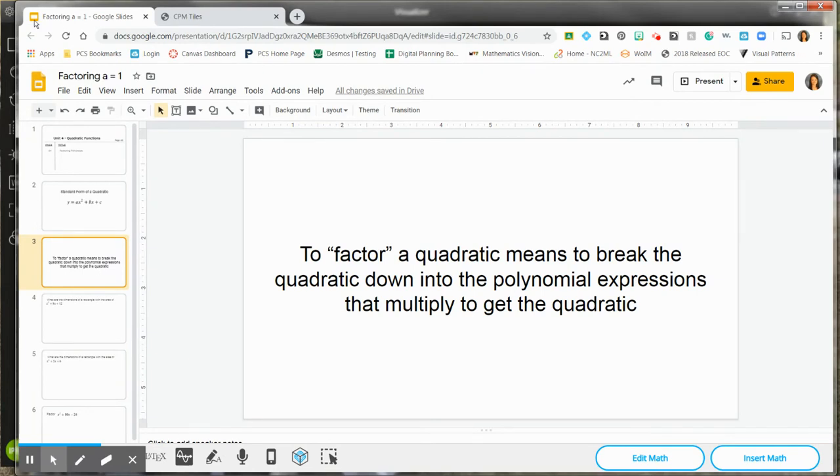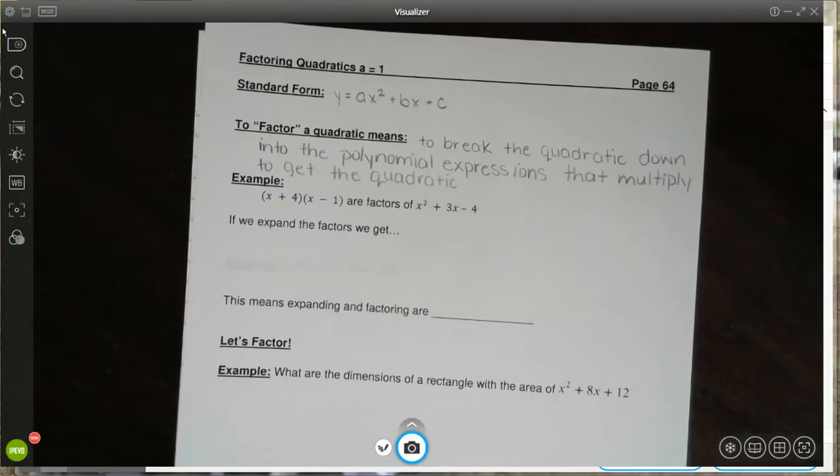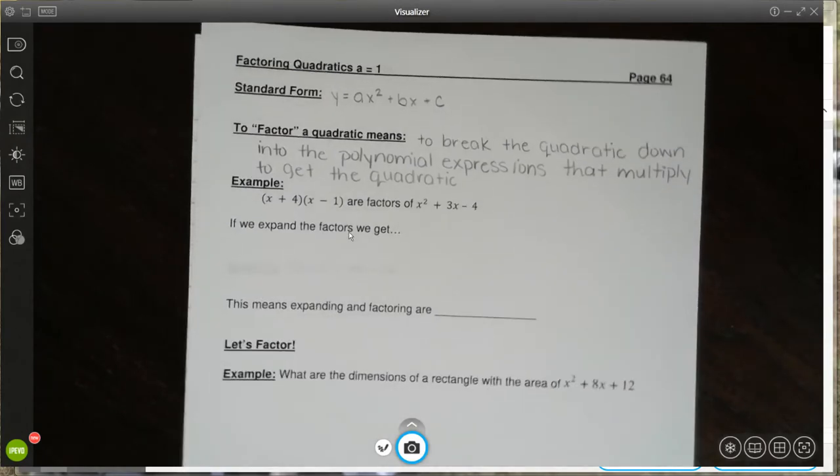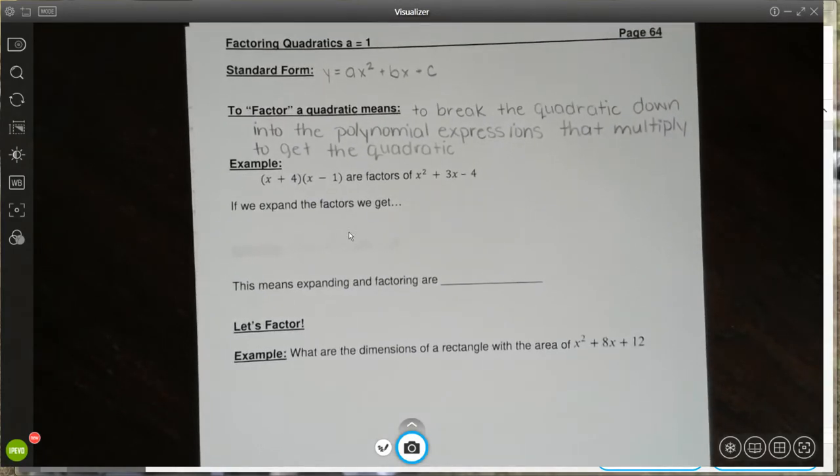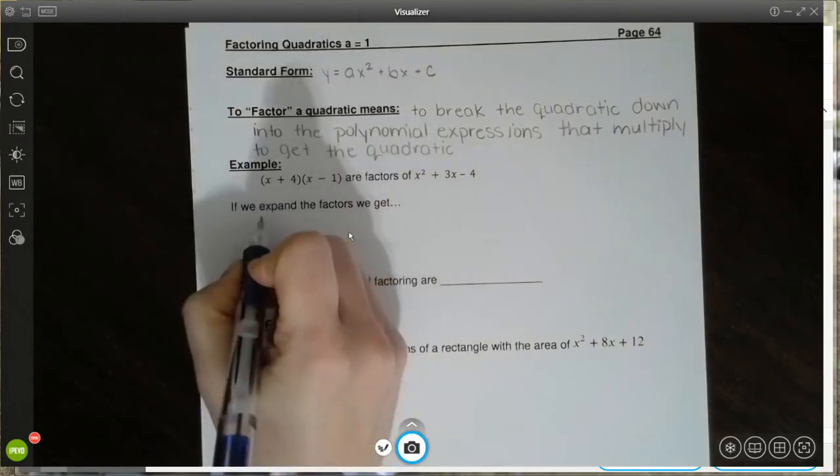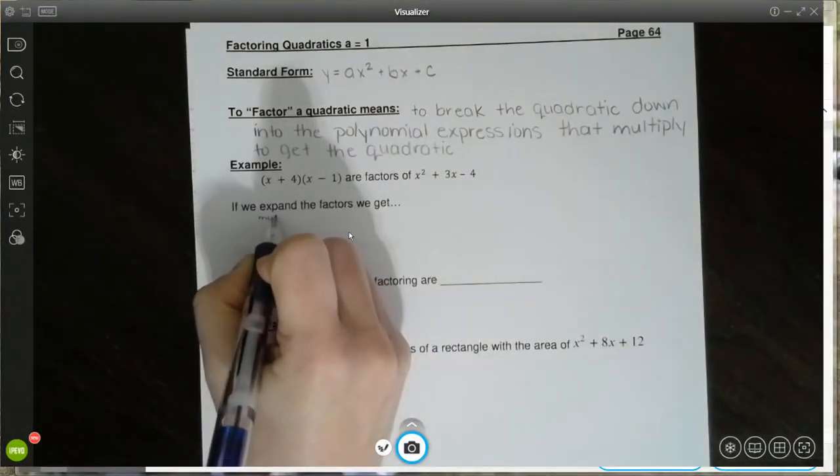So you'll notice on your note page, I'm going to switch over to the document camera here. I gave you x plus 4 and x minus 1 are factors of x squared plus 3x minus 4. If we expand, which means multiply, just so you're aware,